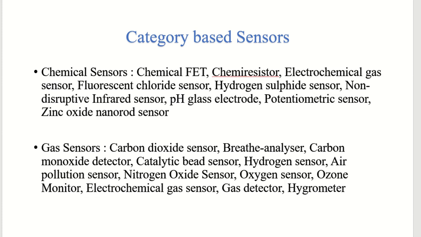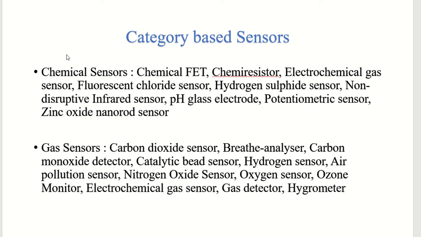Then by the way, the video has been stretched out far longer, so I will not explain every sensor from now on. I will just pronounce their names and then we will move to the actuators. So we have chemical sensors. They are used to measure chemical reactions and changes, like chemical FET or chemiresistors, electrochemical gas sensor, fluorescent chloride sensor, hydrogen sulfide sensor, non-dispersive IR sensors, pH glass electrode, potentiometric sensors, or zinc